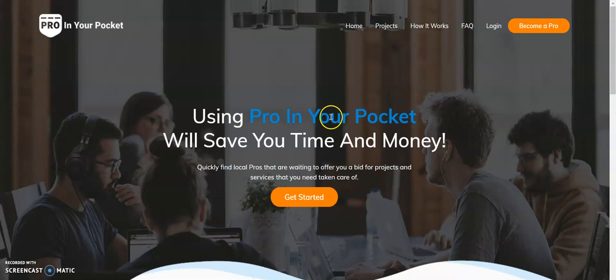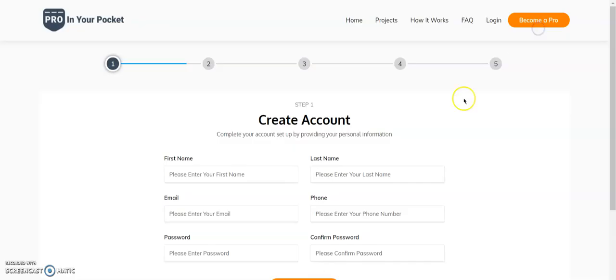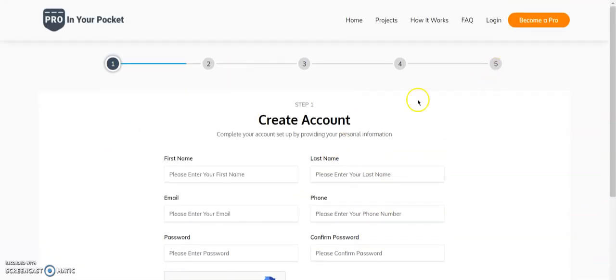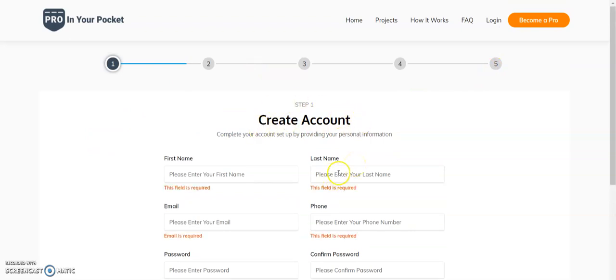Now even professionals can register over here. If you click on this option, Become a Pro, a details page opens up, a form opens up where you have to fill in your details. There are 5 simple steps to it, and there a professional can easily create an account. After successful registration, the professional will be contacted by our team whenever there is a requirement similar to his field of work.